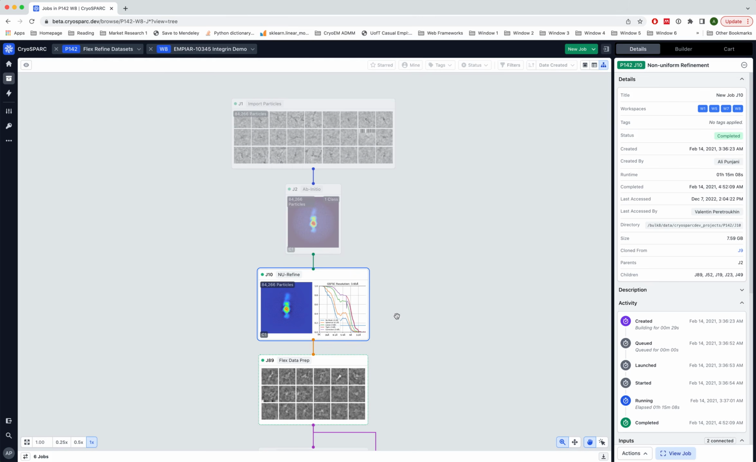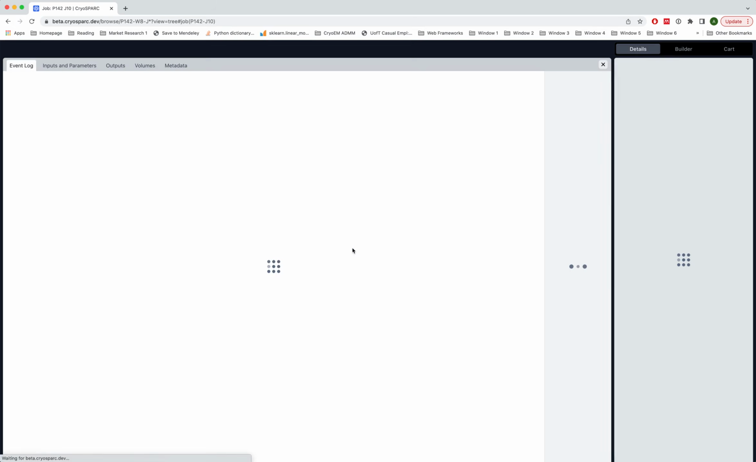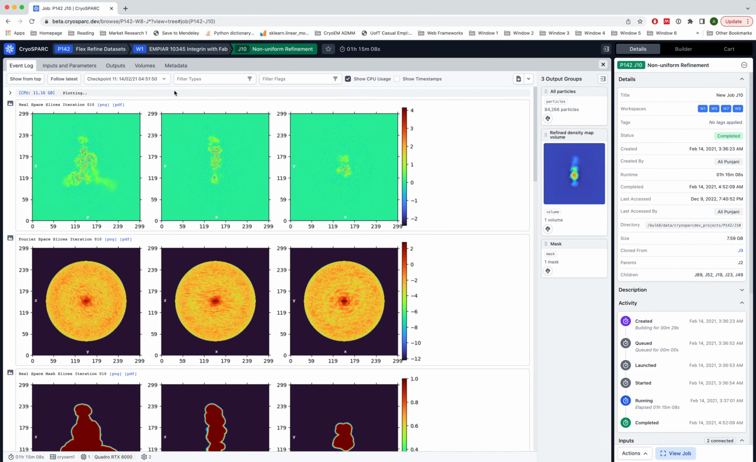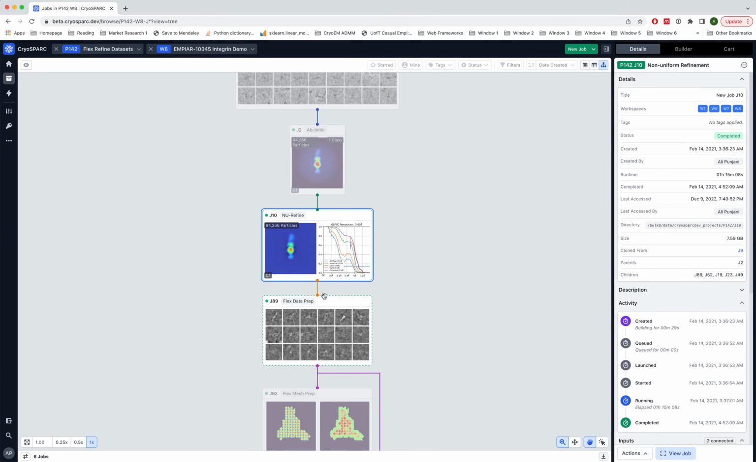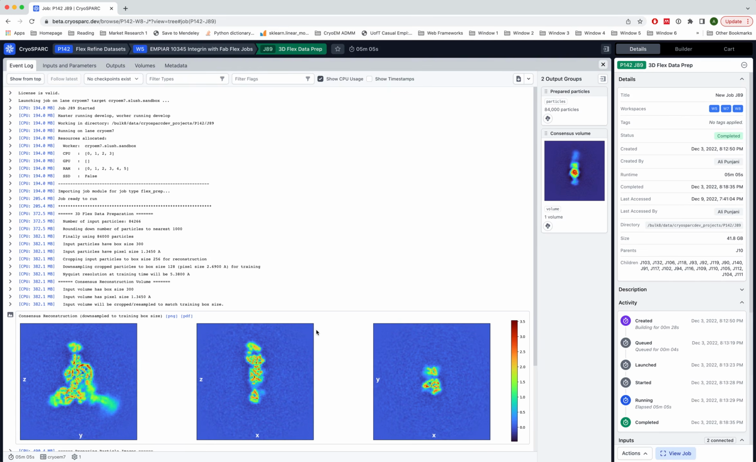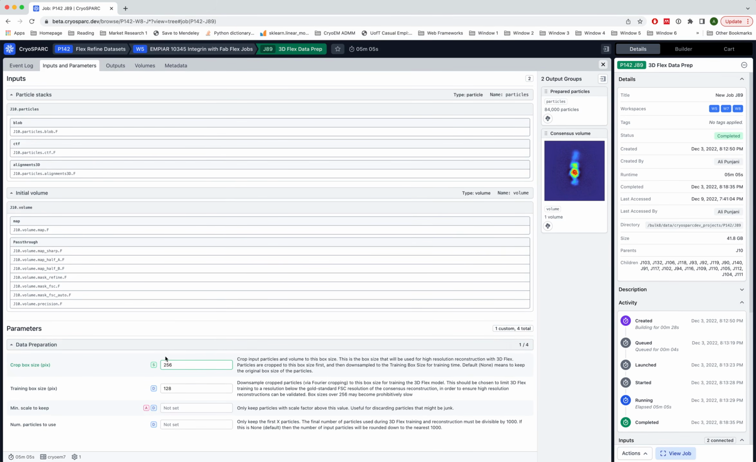That's a consensus reconstruction, or a rigid reconstruction, and the output particles from that job, which contain alignments 3D, as well as the blobs, which are the actual raw particle data, and CTF metadata, are what get input into the Flex data prep job. Now, the Flex data prep job has several parameters. The first is a crop box size. This allows us to crop the input